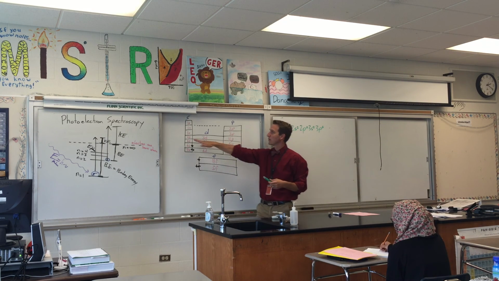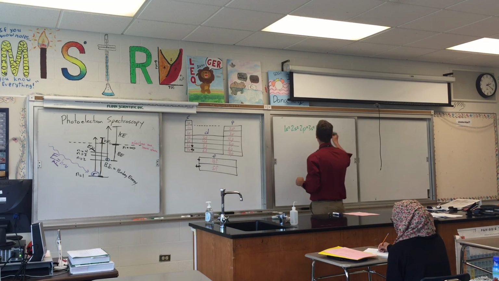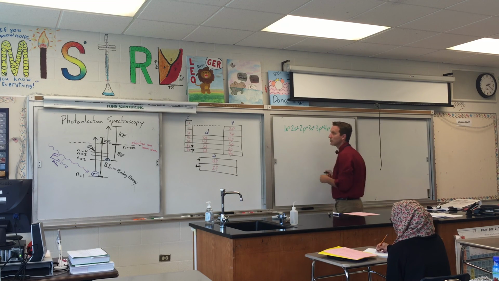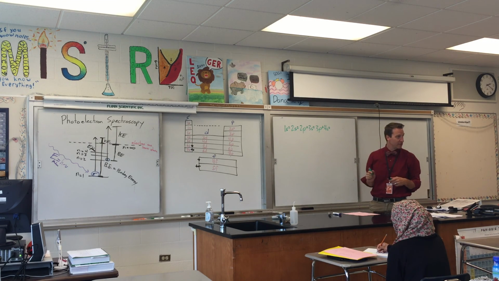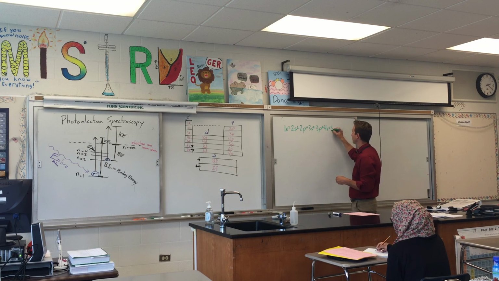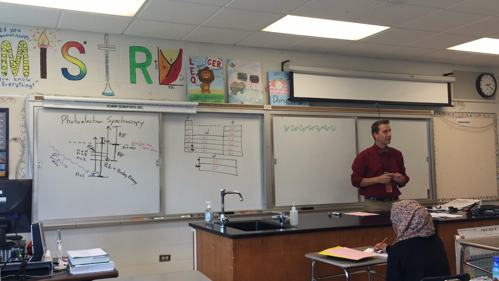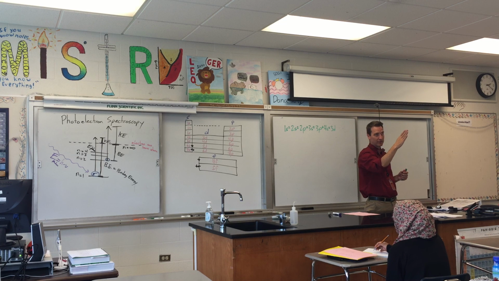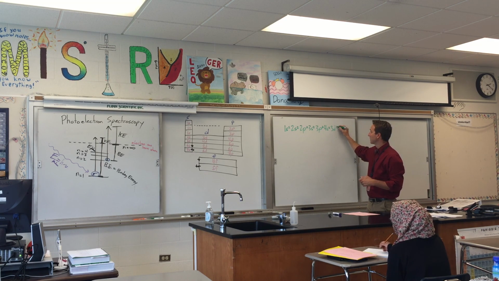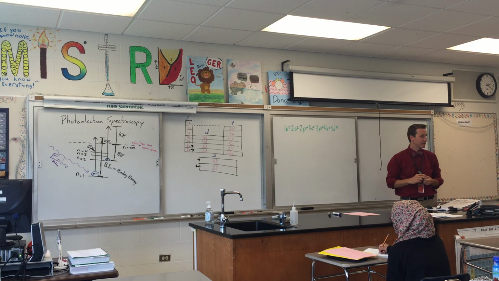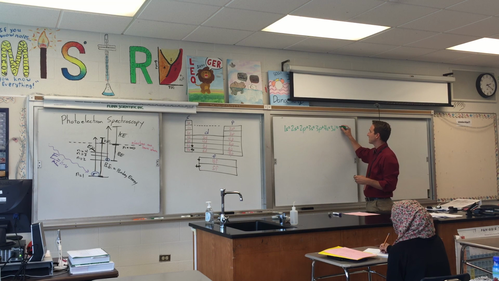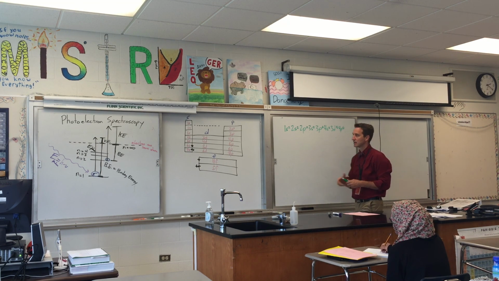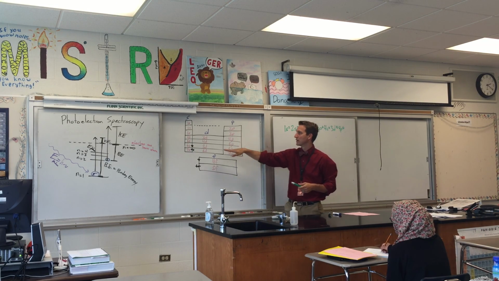Now we're done with this row. We go to the next row. We hit 4s, which can hold 2. Now we jump into the 3d. And if we count that D block, 10 elements wide, any D subshell can hold a maximum of 10 electrons. After the 3d comes the 4p, which can hold 6. Now we're done with this row. The next row starts with